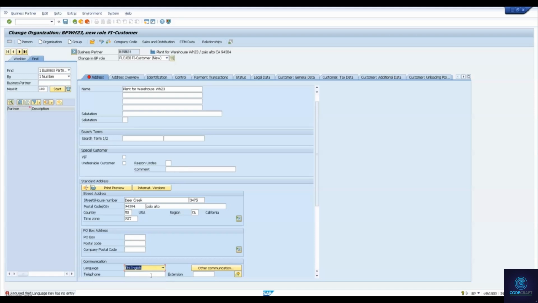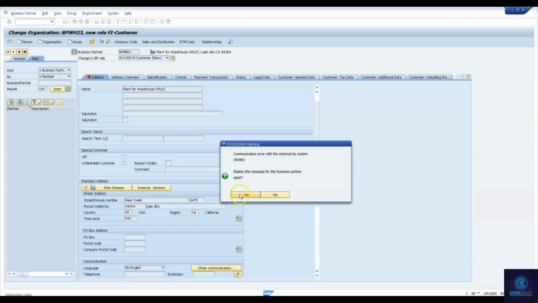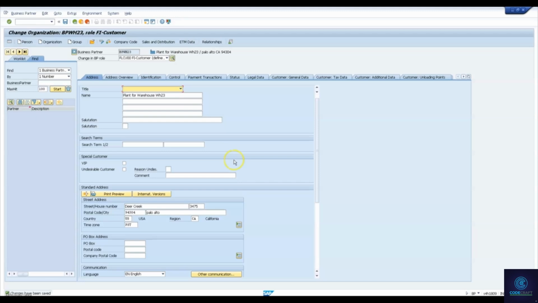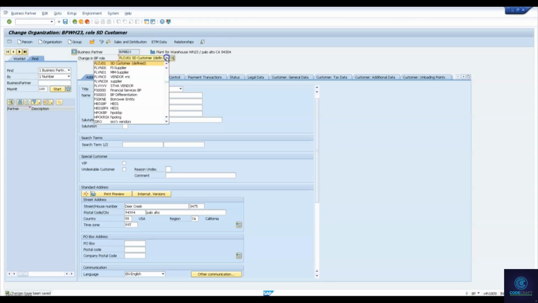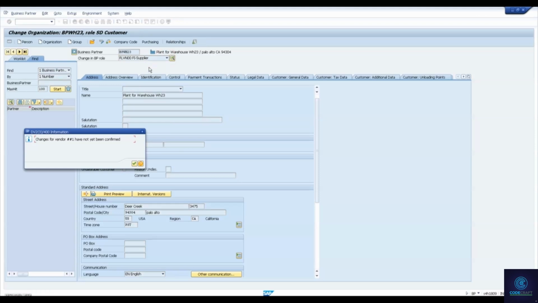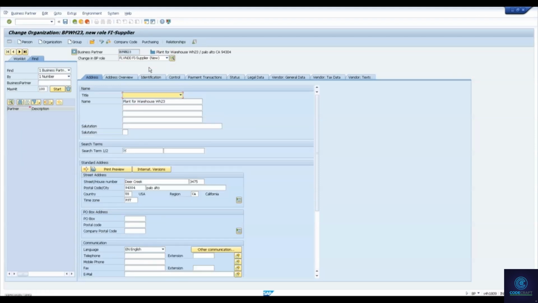That's a mandatory field. Then let me extend the same business partner to a SD customer. And now as a